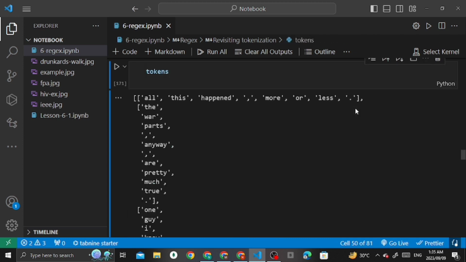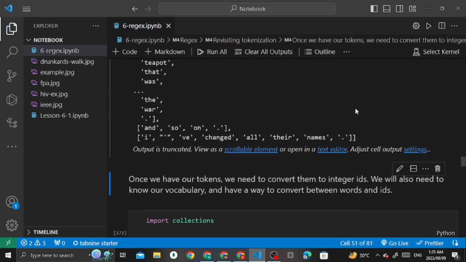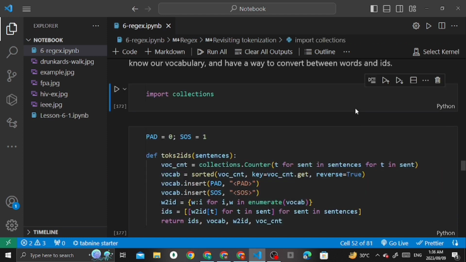Once we have our tokens, we need to convert them into integer IDs. We will also need to know our vocabulary and have a way to convert between words and IDs. So importing collections, we have to know what collections are. A collection is like a group or assembly of items or objects gathered together, often for a common purpose or as a set.